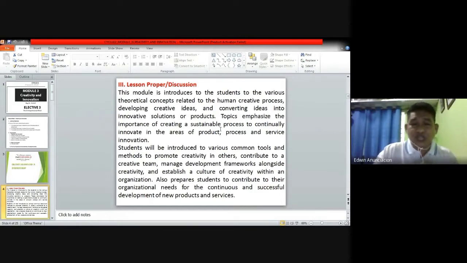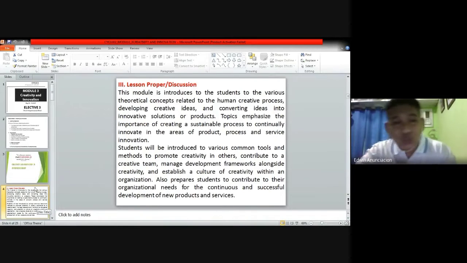So we really need to be creative as people inside the organization. And then, well, the main goal is really the development of new products and services as far as the entrepreneurship attitude, thinking, or mindset is concerned. Okay? So we know that entrepreneurs are those people talaga na making impossible ideas into possible output, no?